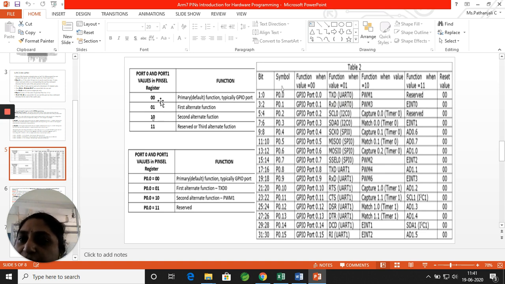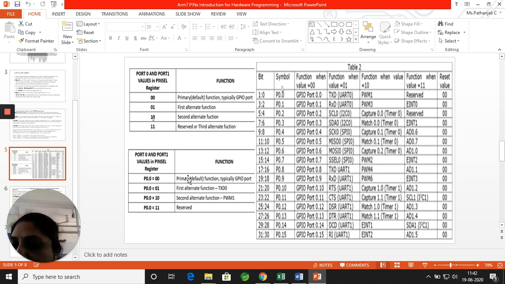The same thing for port 1 with primary functionalities, that is general purpose input output, acting as a transmitter and receiver. At that time port 0.0, that is port 0, 0th pin, is set to 00.